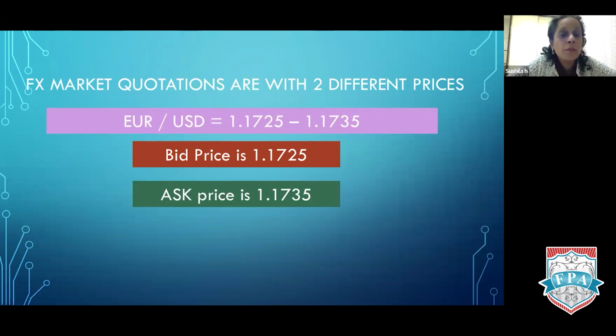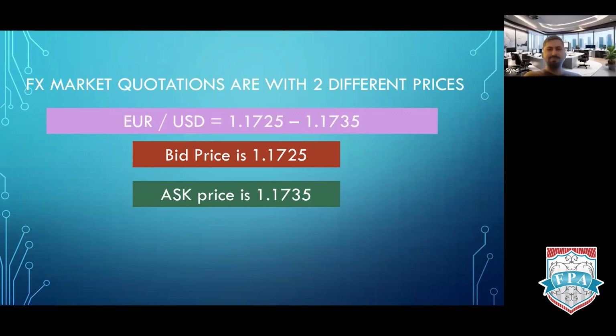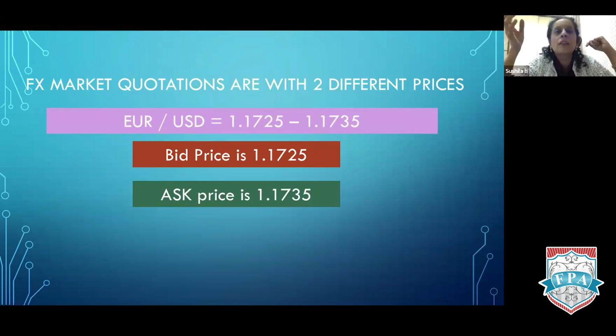So who is giving the price? The price maker. Second, what is it that they're trading in? Euro. They're willing to buy the EUR at 1.1725 and they're willing to sell the EUR at 1.1735. Okay,